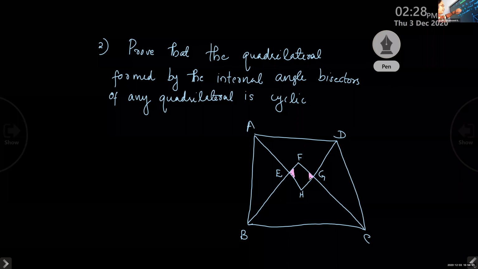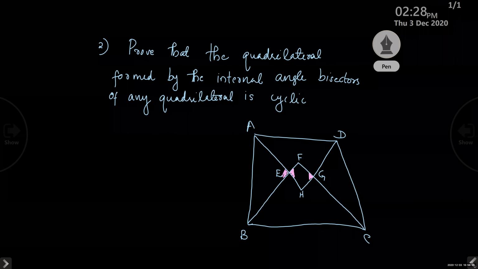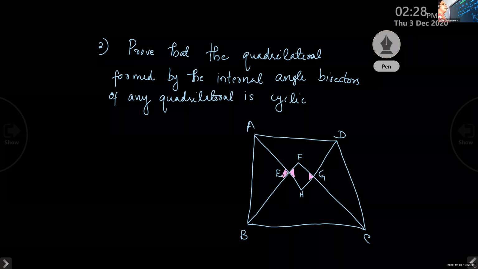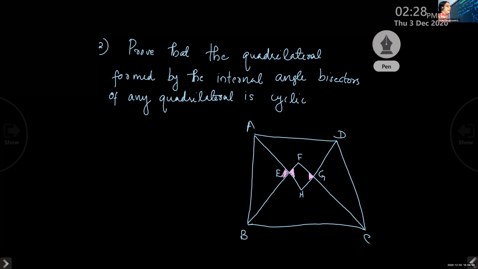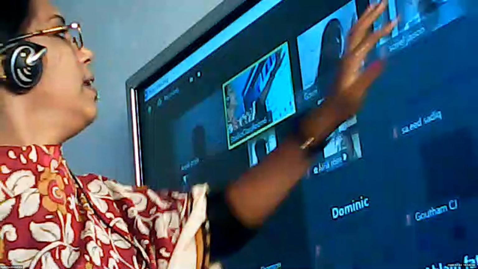But it is difficult to find the inside angle. So what we'll do is find the vertically opposite angle, this one. Did you understand, children? We have done one question earlier like this: instead of proving the inside angle, we will take the outside one. Since they are vertically opposite angles, they will be equal. So it is easy for us.